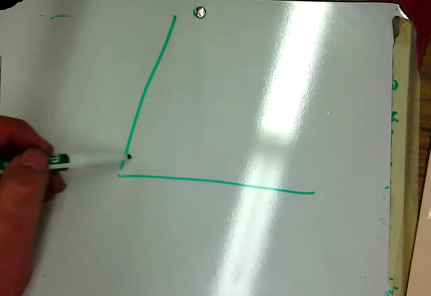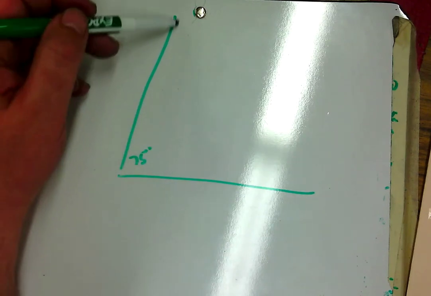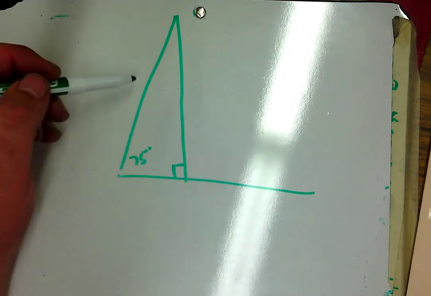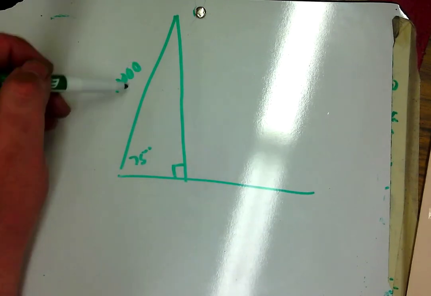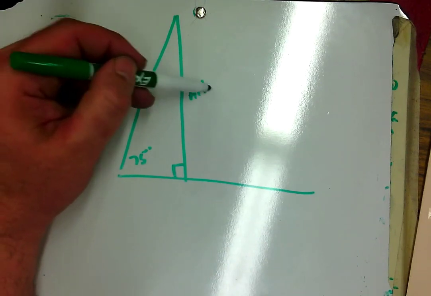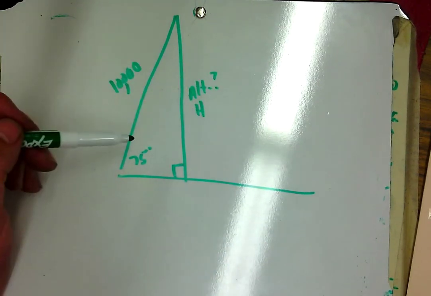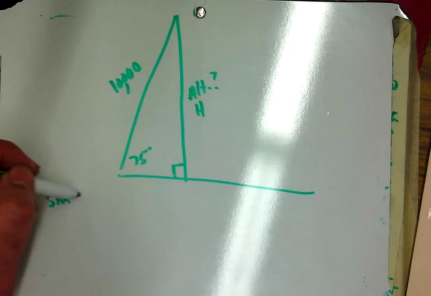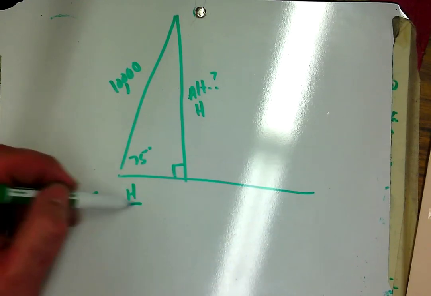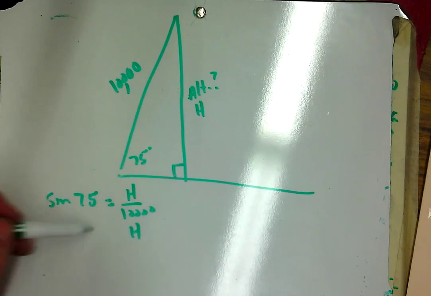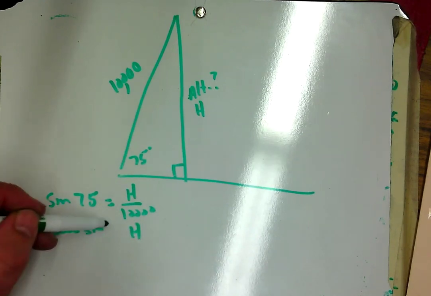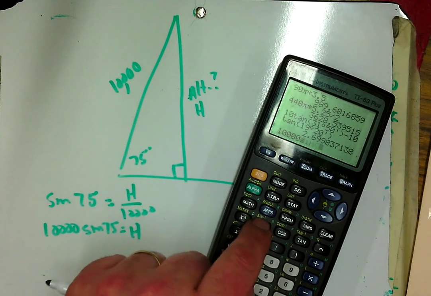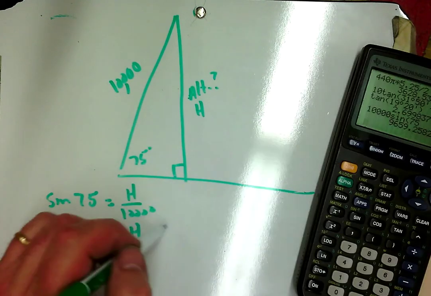So this is 75 degrees. It climbs after the rocket has traveled 10,000 feet. What's its altitude? So we want to know how high the rocket is. Opposite and hypotenuse, that's going to be sine of 75 equals h over 10,000. So h equals 10,000 sine 75. 10,000 sine 75 is